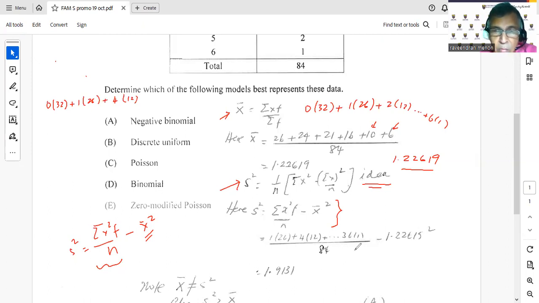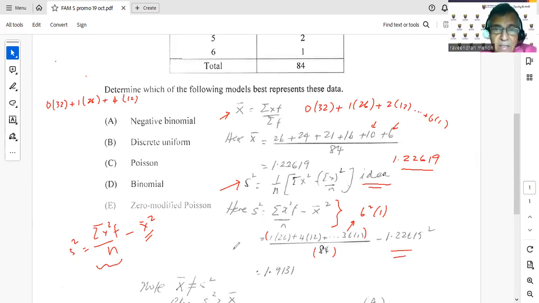Okay, and the final number will be what? This will be 6 squared times 1. So use a calculator, and you can work out your numerator. This is the numerator, and don't forget to divide by your total number of values, which is 84. So plug all these numbers in: the numerator divided by 84, minus your mean squared,